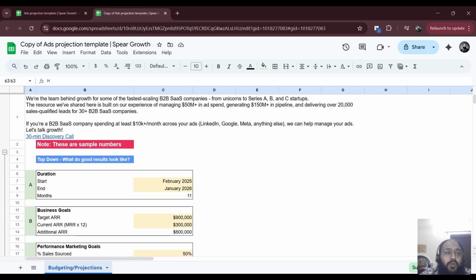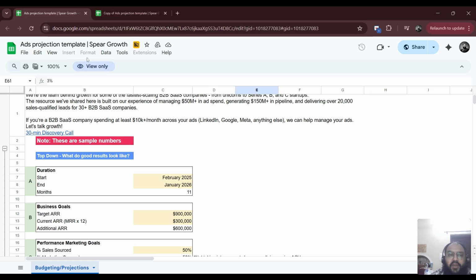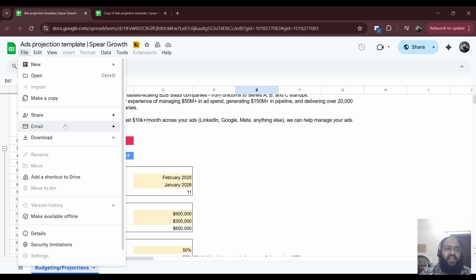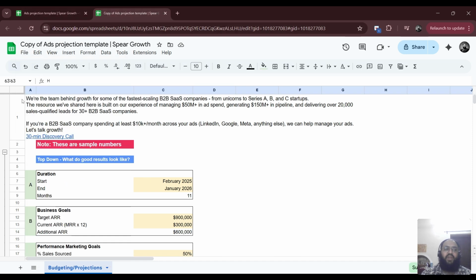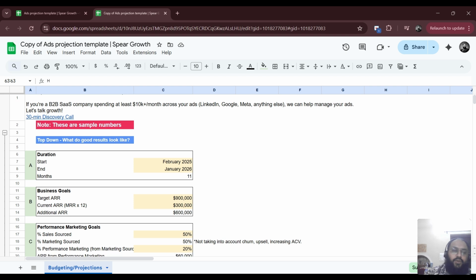Happy that you downloaded the ads projection template, and I'm just going to show you how to use it. So once you get access to the template, you will only have view-only access. So you have to click on File and make sure you make a copy. I've already made a copy over here. Once you've made a copy, you can play around with your projections to get to know the amounts that you